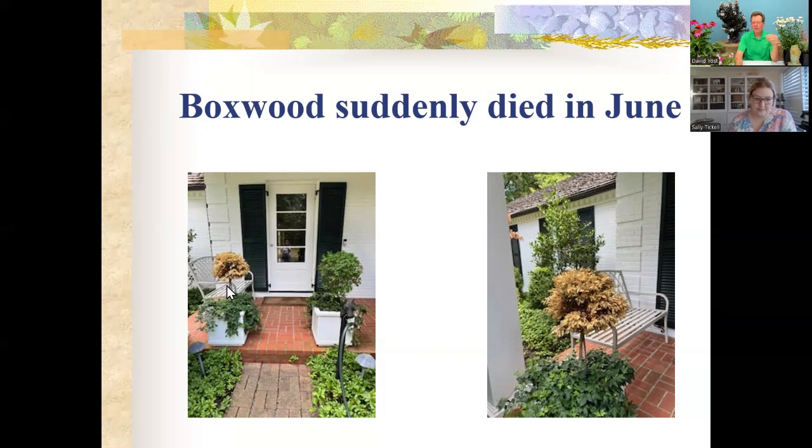Because this plant does not have the same well-established root system as this one. And you can see how this is slightly larger. If you look closer, this topiary has about 1 year additional growth over this one. And so this guy, being a new plant, doesn't have as much of a root system. That root system being smaller, less developed, it just dried out. So I've been seeing plants that were installed last year that were dying out this summer, and nobody was connecting the dots on it.